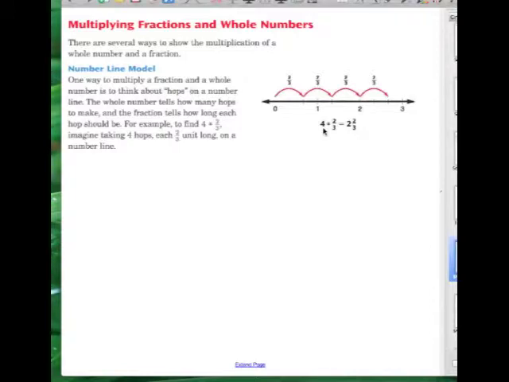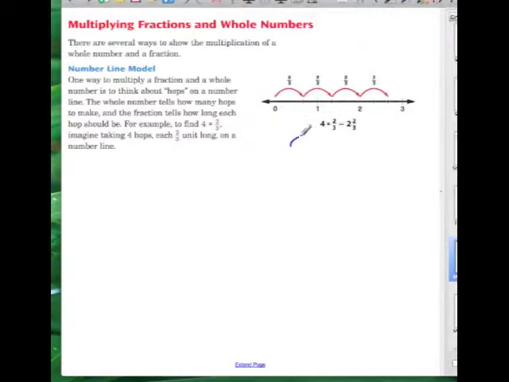We see that we're going to hop 4 times 2/3 distance. So we start here and we go 2/3, that's 1 hop, another 2/3, 2 hops, another 2/3, 3 hops, another 2/3, 4 hops, which gives us the answer